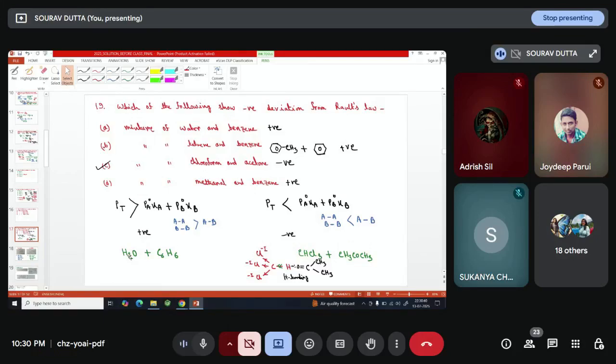so some water molecule cannot form hydrogen bonding because benzene cannot take part in hydrogen bonding. So before mixing, suppose in your water there are 10 hydrogen bonding, but after mixing